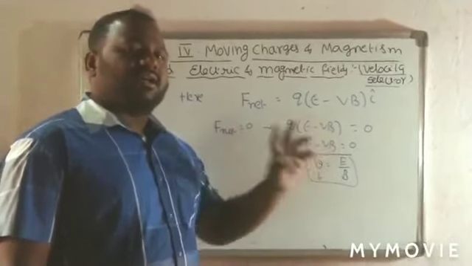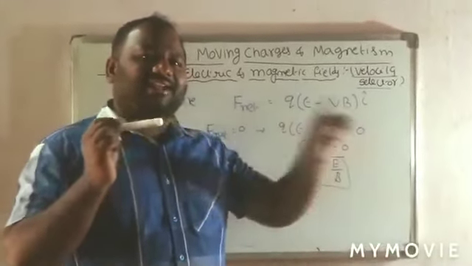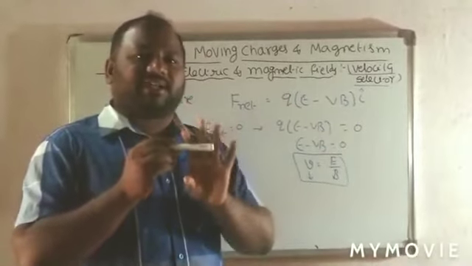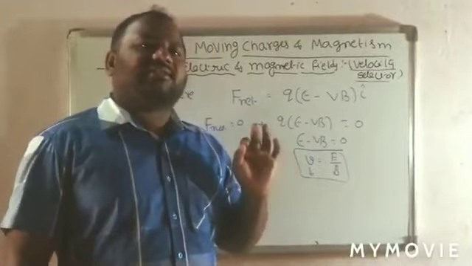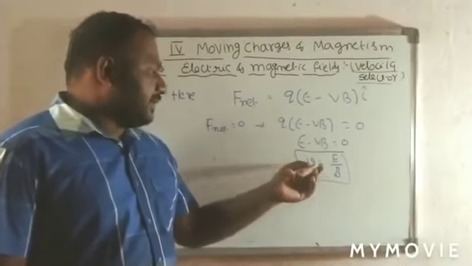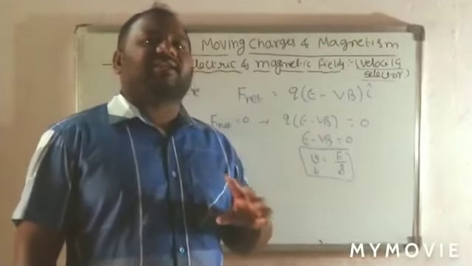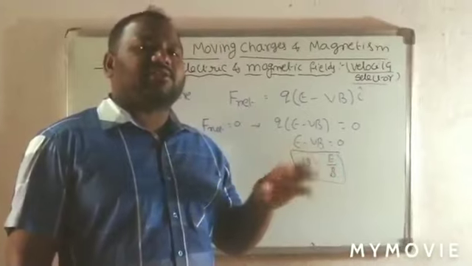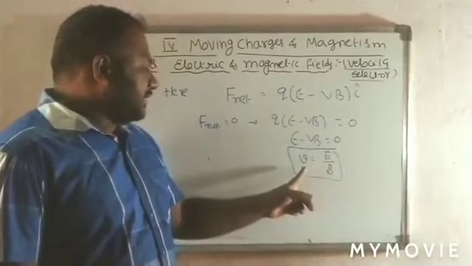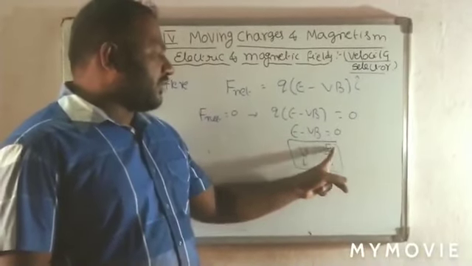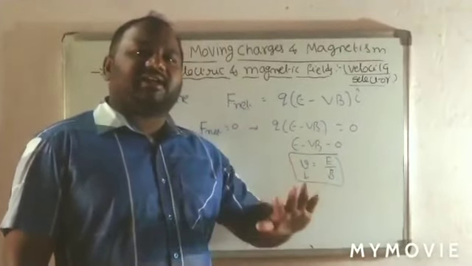See here, I gave a good example: when light is incident in an electric and magnetic field, it does not deflect, meaning it has a particular direction. So a good example of charged particles moving without deviation can be taken as electromagnetic waves. Those are nothing but light, which we studied in the 8th chapter. But remember, when velocity equals the ratio of electric field to magnetic field, the charged particle does not deflect.